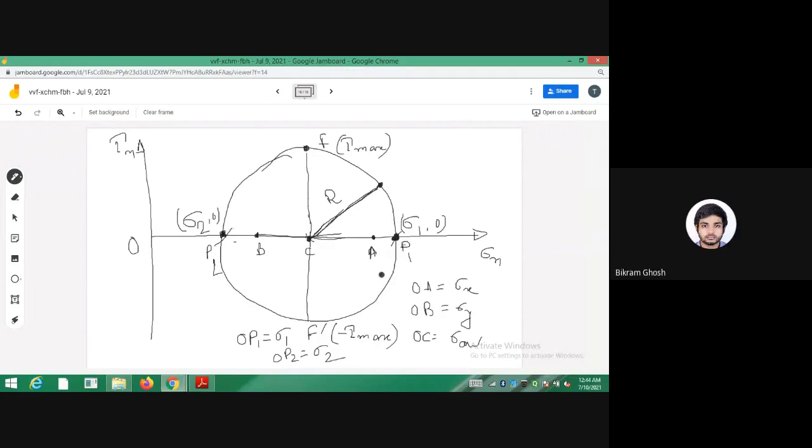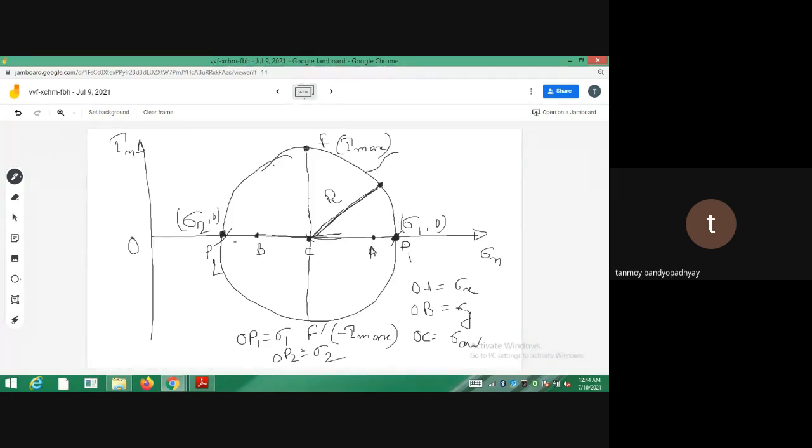So all the points on the circle are stress points. I can understand that you have to take only the points lying on the circle, because this circle has only the equation of the circle, not any point inside the circle. So any point inside the circle is not included. Only the points that lie on the circumference of the circle are in the state of the biaxial stress. So the circle actually intersects the sigma n axis at just 2 points. The first point is P1, that represents the major principal stress or the maximum value of the normal stress, and the P2 point represents the minimum value of the normal stress, which is sigma 2.